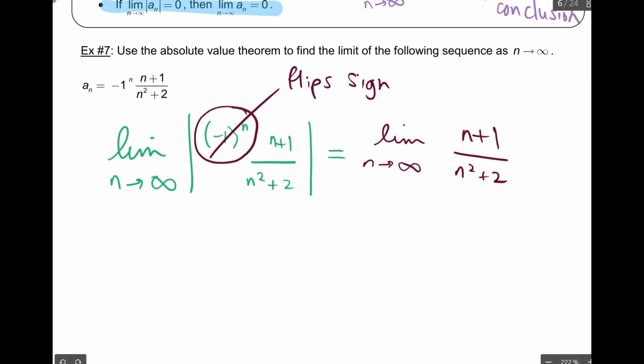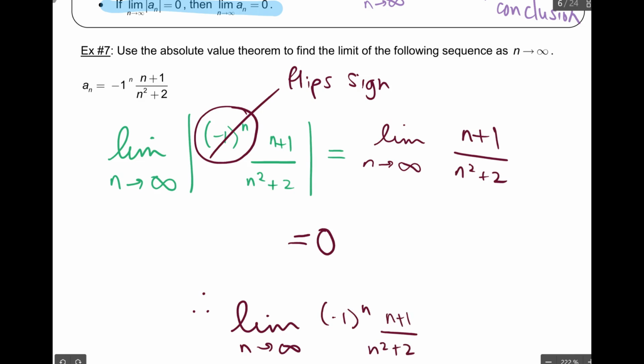Okay, so we talked about this already. This is kind of review since you did this last year. Just look at the leading term, look at the exponents. We have an n to the 1 on top and an n to the 2 on the bottom. Which one's going to win out as we approach infinity? The bottom. As we get infinity on the bottom, this goes to 0. Therefore, the limit as n approaches infinity of (-1)^n plus 1 over n squared plus 2 is going to equal 0. QED, yay, end of lesson.